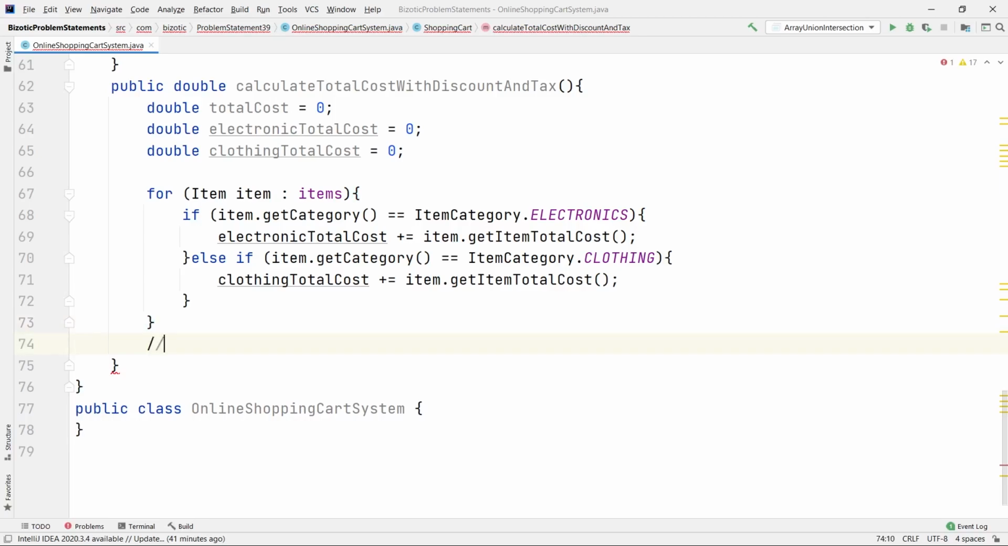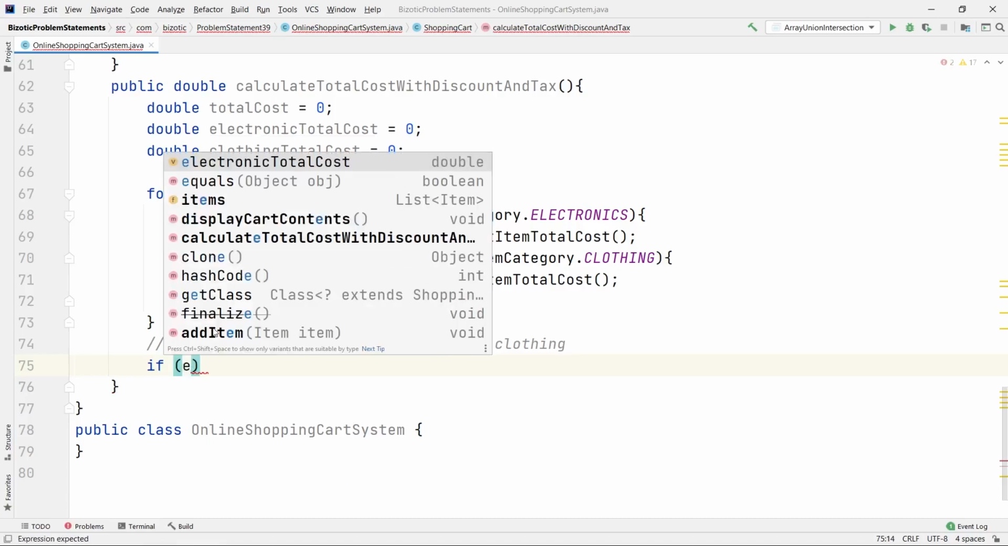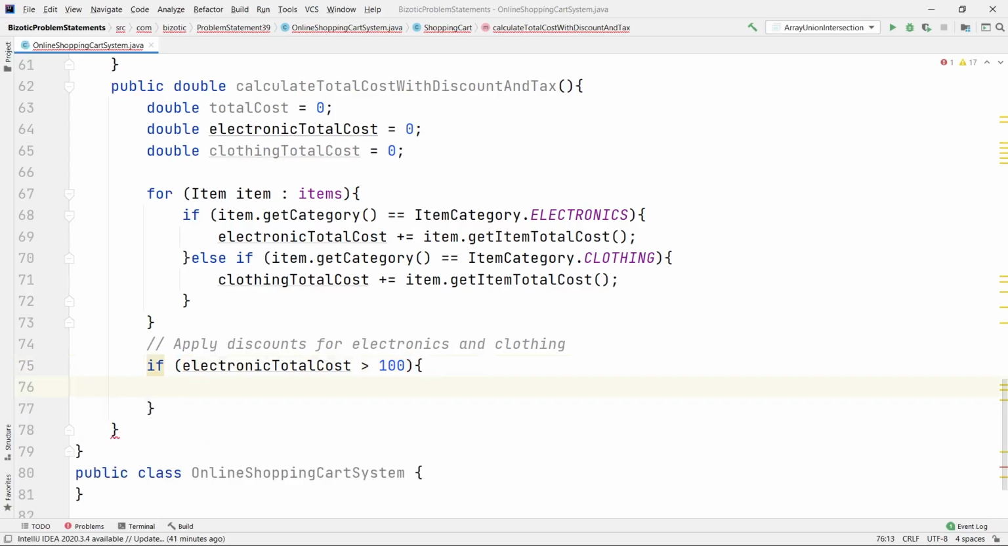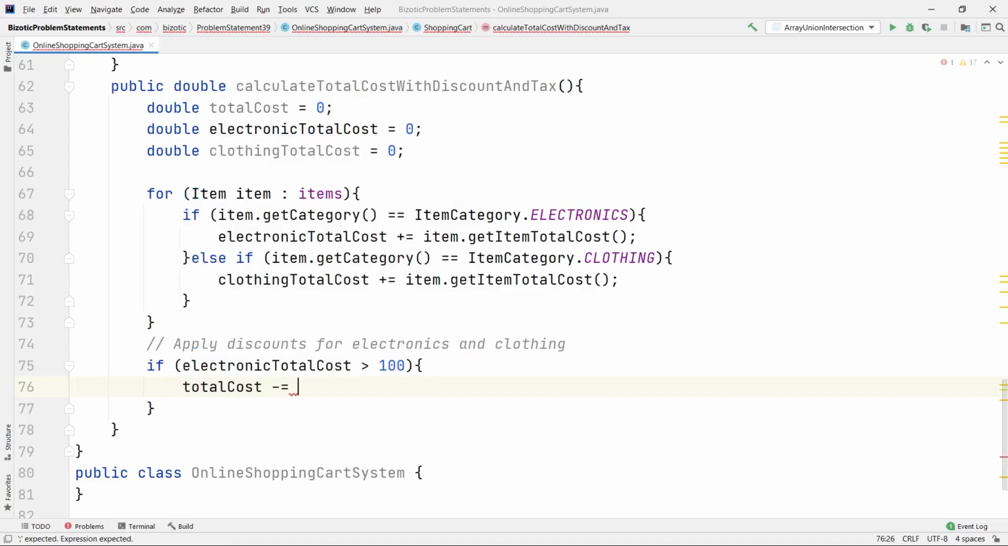After that, what you do? Now we apply discounts for electronics and clothing. Okay, so I will just say if we have to check the condition, right? If this cost is greater than 100, then we will give a 10% discount. I will say total cost minus equal to total cost into 0.1. Okay,